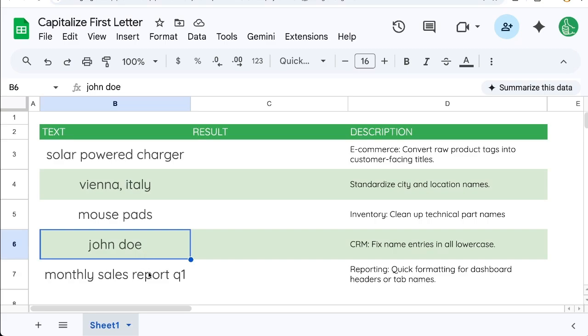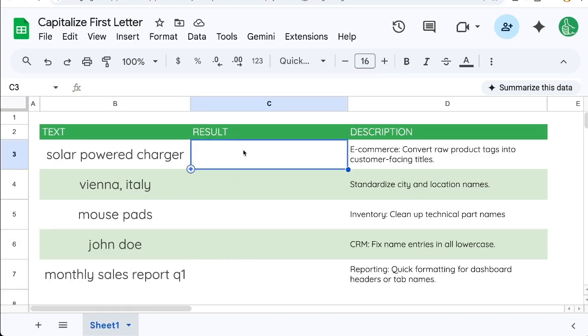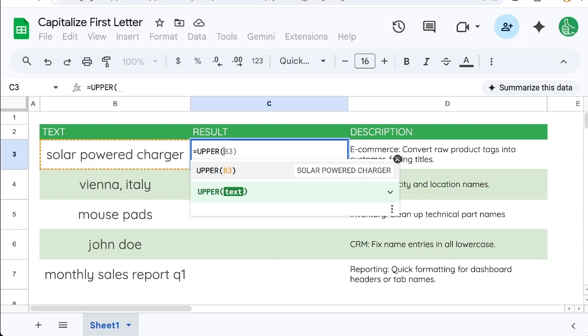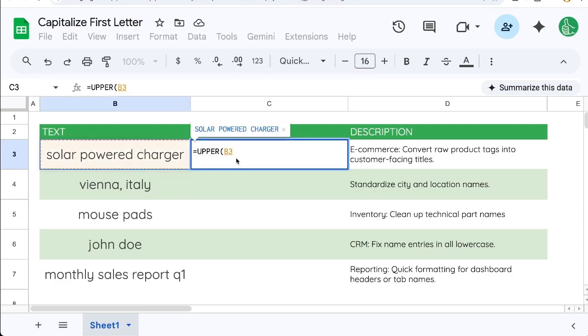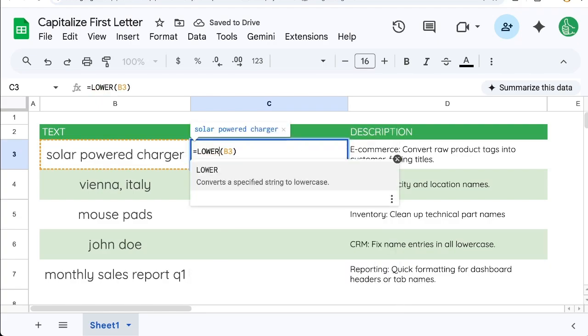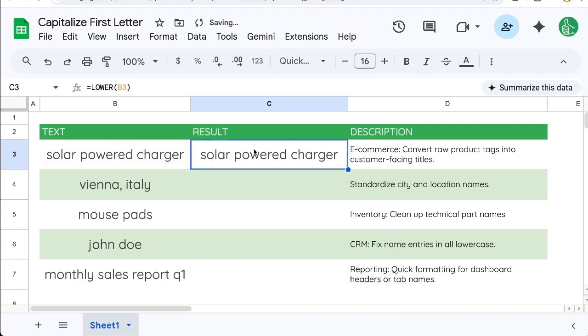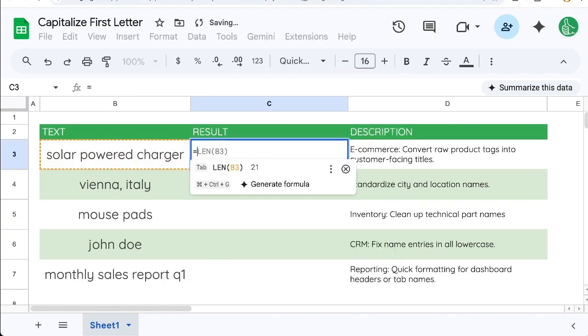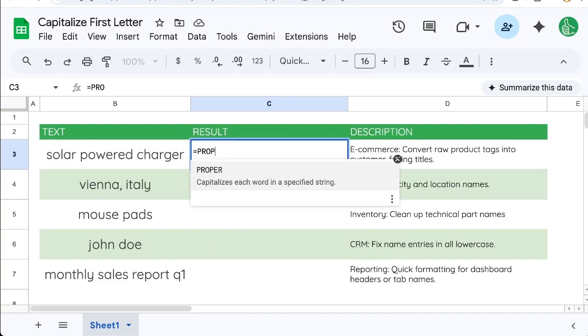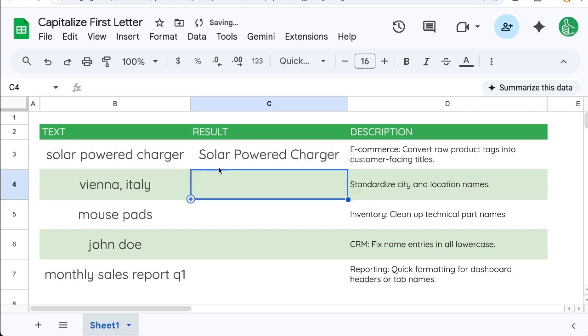But also we might want to do just some quick formatting for tab names, headers within our sheets. Now, this is going to be very simple, but I'm going to warn you that it doesn't seem correct, right? There is upper, which is going to take all of the text and change it to uppercase. We have lower, which is going to change everything to lowercase. Neither of those need it. And in Excel, we have the title case, but in Google Sheets, we have proper, and